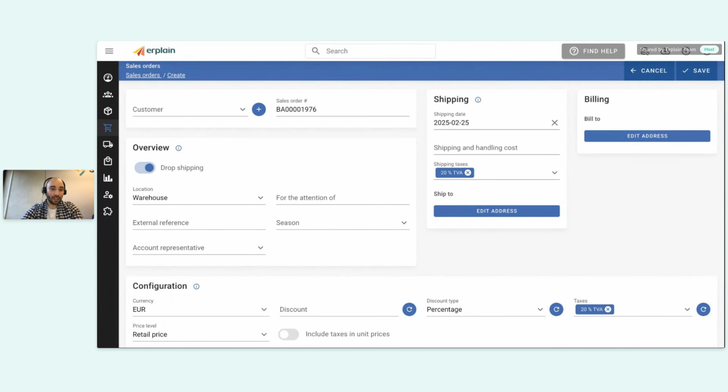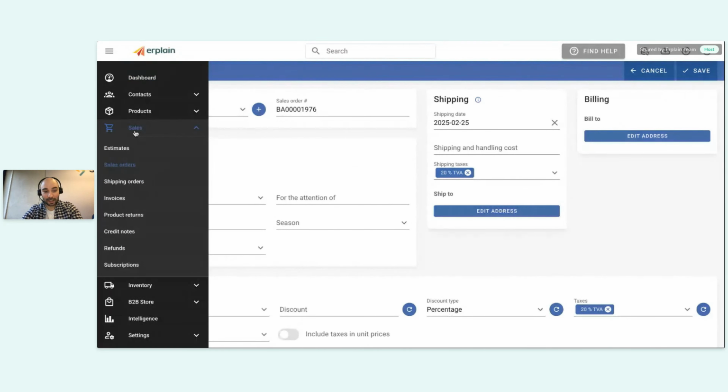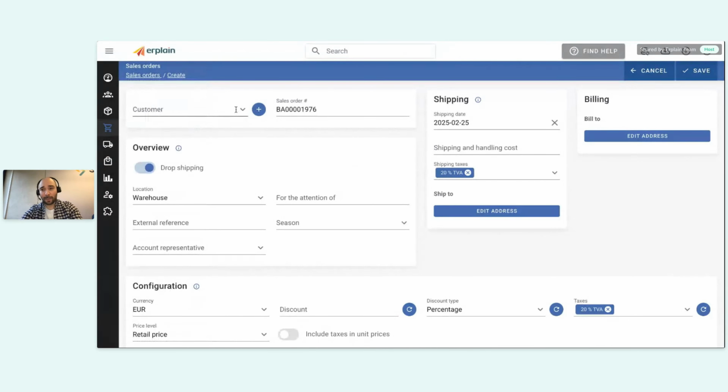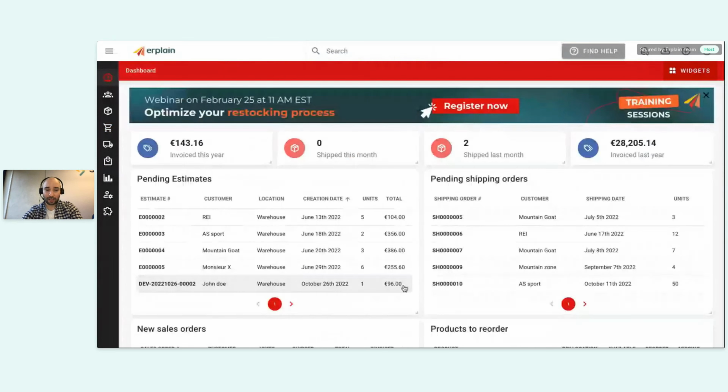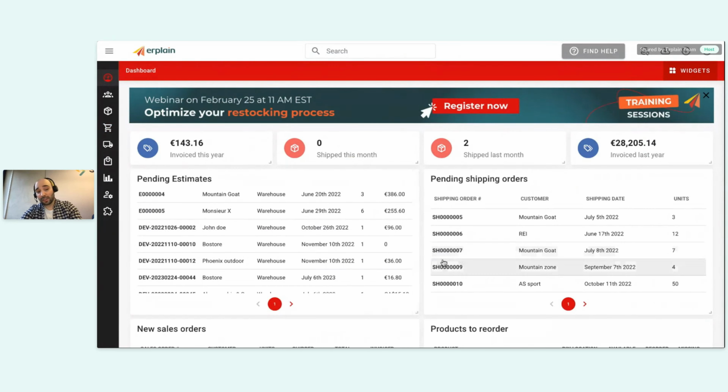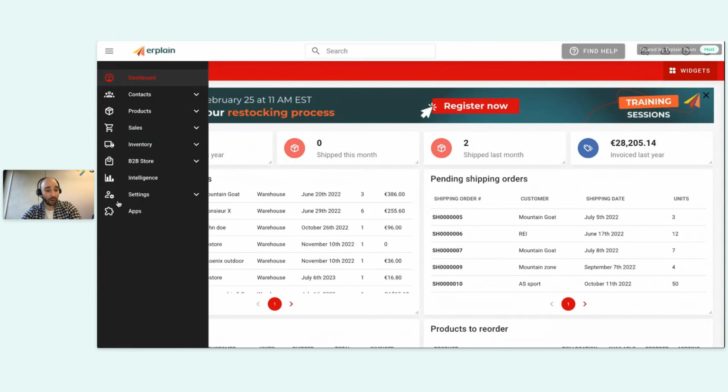The last and final point of this presentation is the valuation and the tracking of the cost of your items. So speaking about the valuation, one important thing about Airplane is that Airplane uses the moving average cost method. So basically,